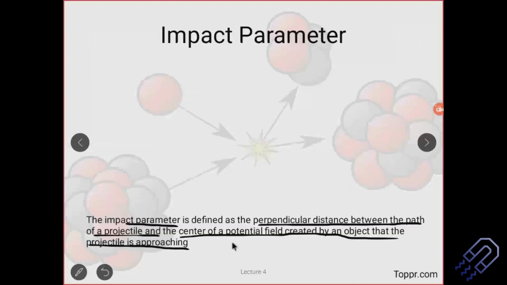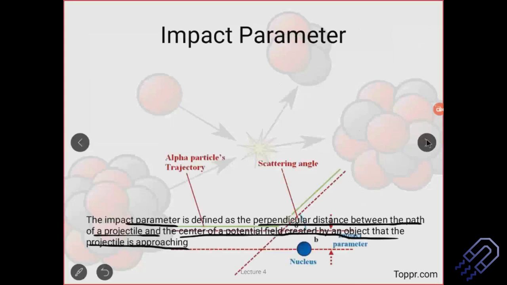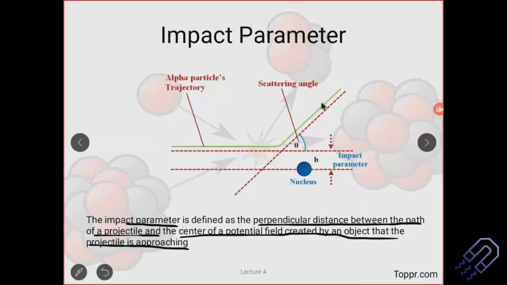If you look into this very simple diagram, this is the alpha particle trajectory. You have the alpha particle here, and this is the nucleus. The nucleus is positively charged, the alpha particle is positively charged, so there is going to be a Coulombic repulsion, and then it is going to get scattered. It gets scattered by an angle, let's say theta. As I told you, don't measure this angle, this is wrong. This is the scattering angle we have. And then the perpendicular distance from the point at which it got deflected is called the impact parameter. I think this is a very simple idea.